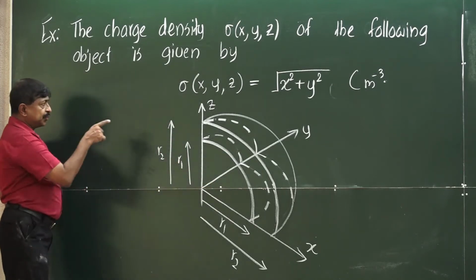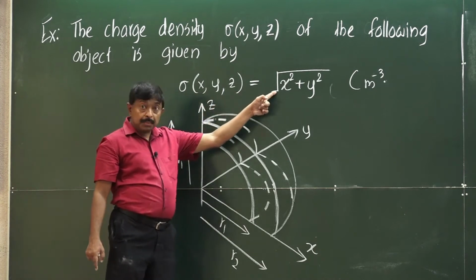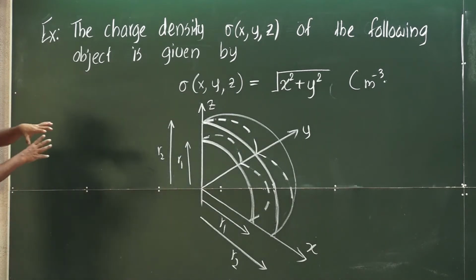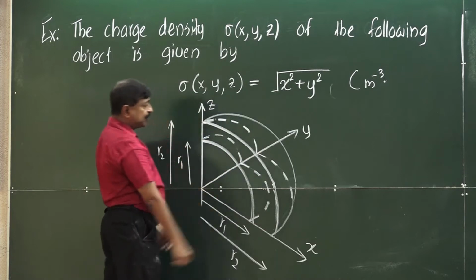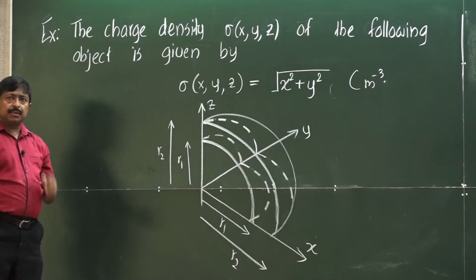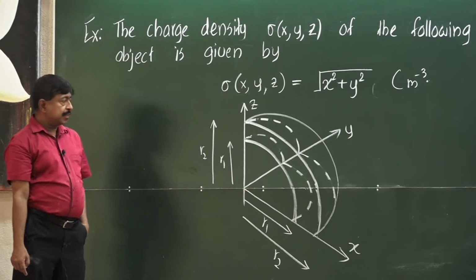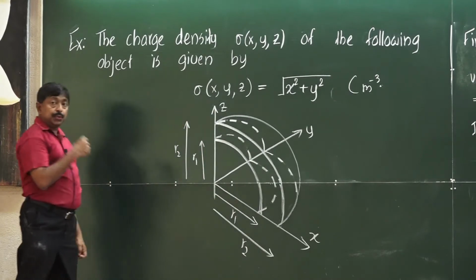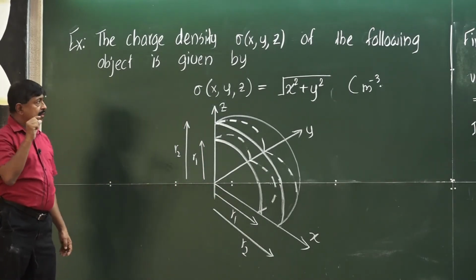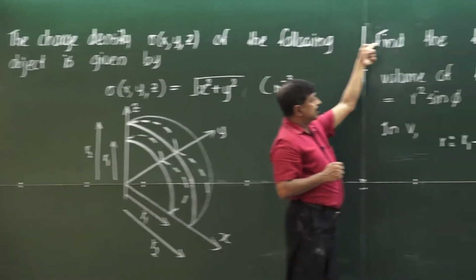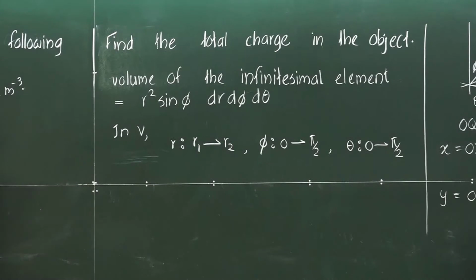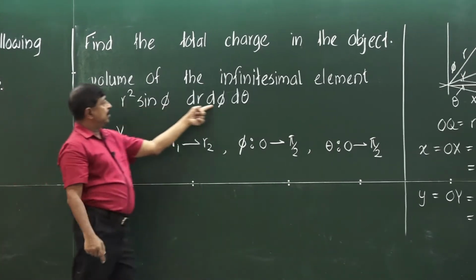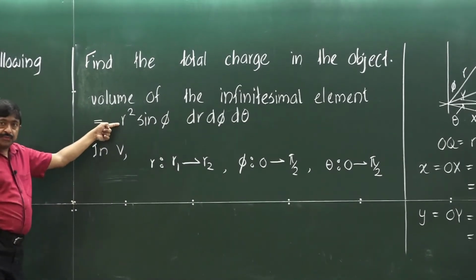The charge density of this object is given by this. Now, the problem is, even though it is given in x and y, the object is a portion of a sphere. Therefore, we cannot use the rectangular coordinate system in this case. Therefore, we will try the spherical polar coordinate system. To do that, first we need to find the total charge, right. So, first we try to invoke the infinitesimal volume element. It is this one. We went through that in the earlier problem as well.